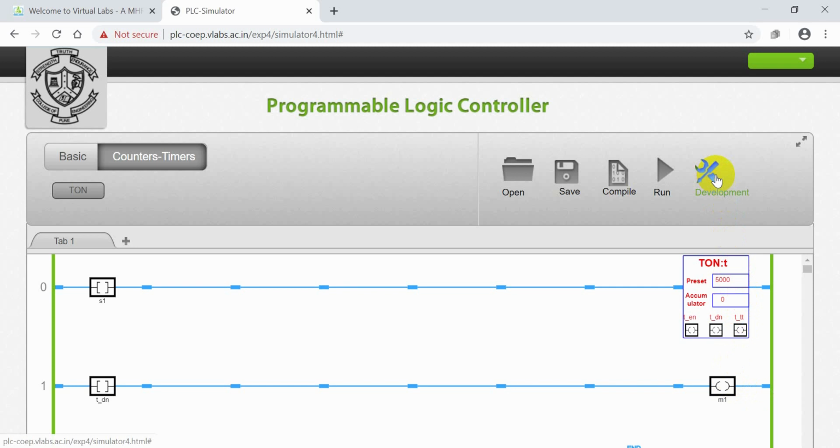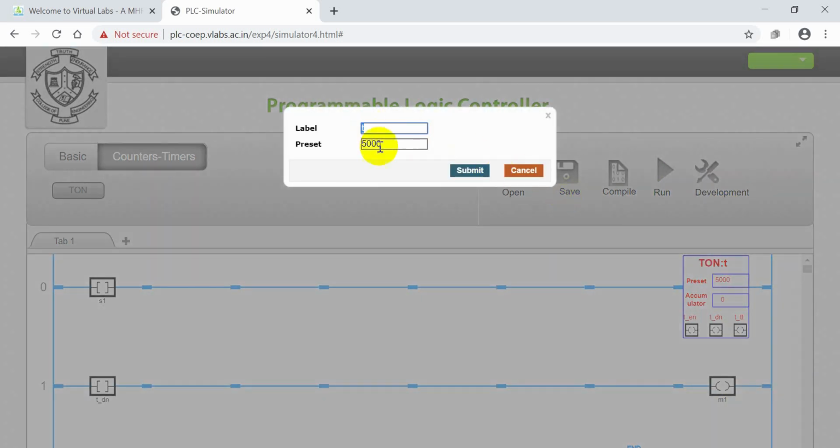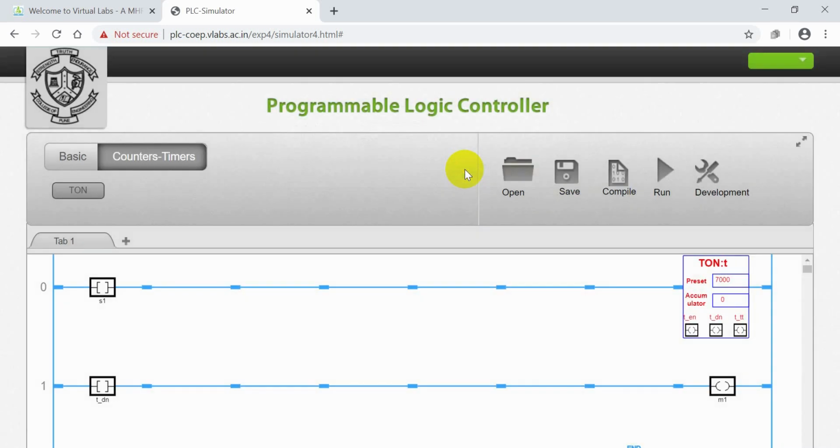For example, if you want to configure for any other value, go to development mode and again change the preset value. Instead of 5000 milliseconds, go for 7000 milliseconds, meaning 7 seconds.